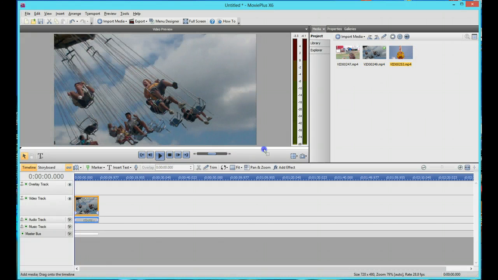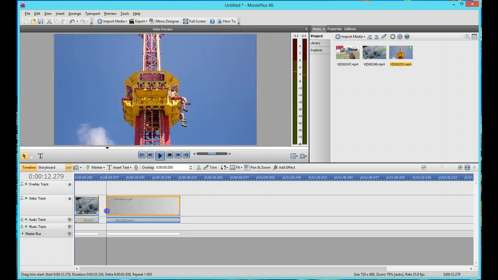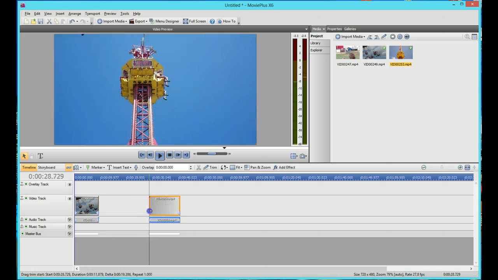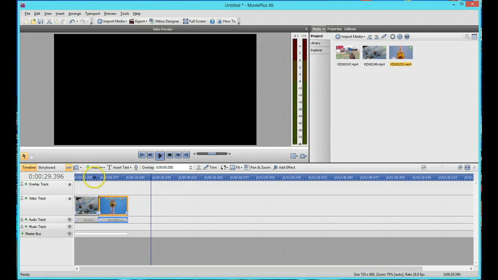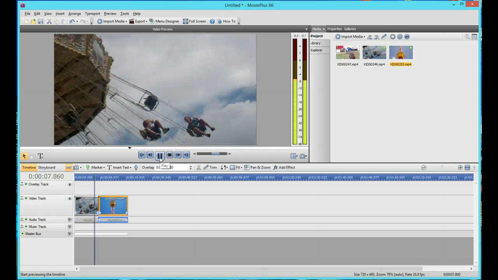Now, to pull in another one, I simply put it here. Now, the cool thing is, if I want to, I can edit it like this and then drag it this way so that now if I hit play,